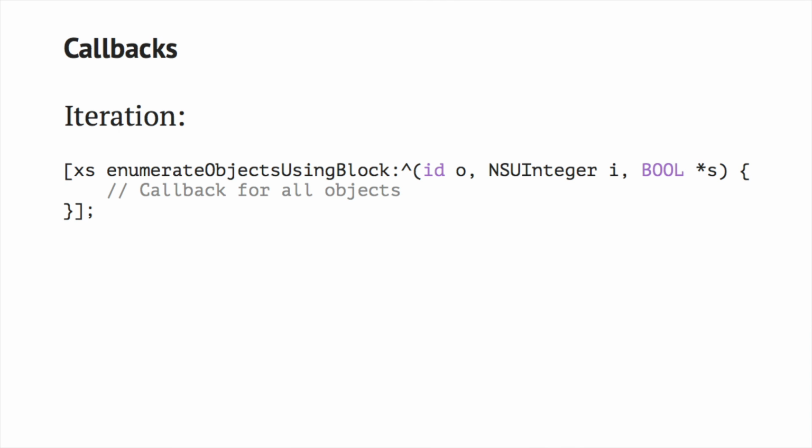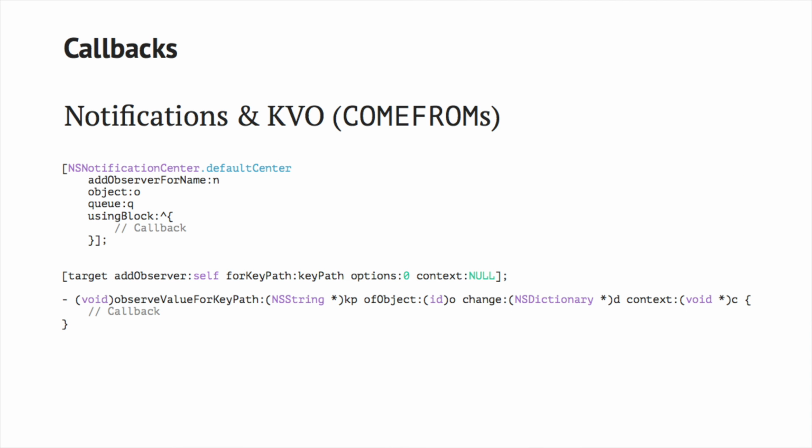Iteration is another form of a callback. Obviously, when you use for loops there isn't a callback per se, but some of the collection classes have specific enumerators. Then we have more of the same, used differently. Notifications and KVO still involve selectors or blocks, but they're a different communication structure where you say you want to be notified, and when that happens, your code gets invoked, even though the code that triggered it doesn't have to know.